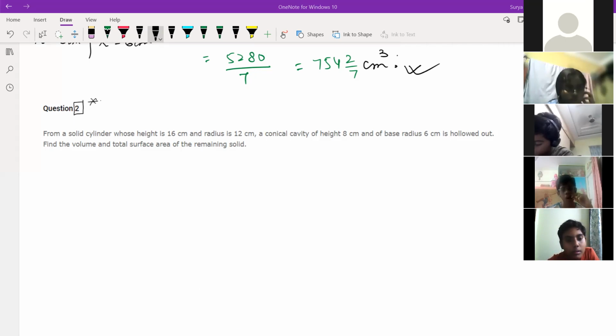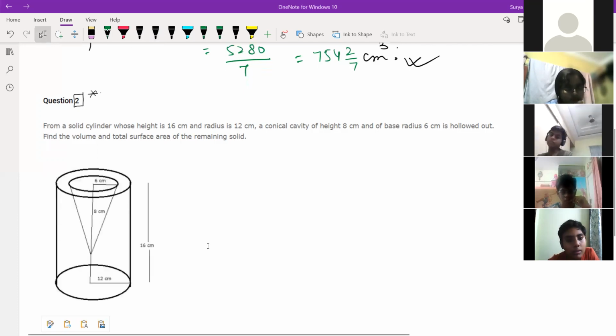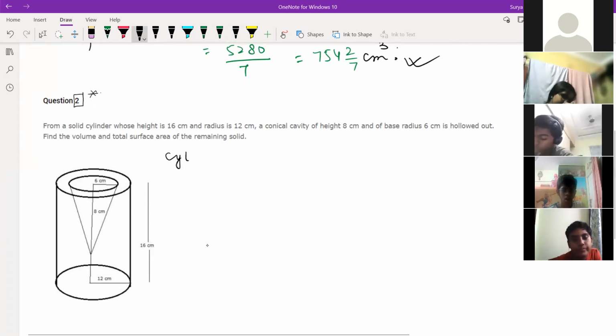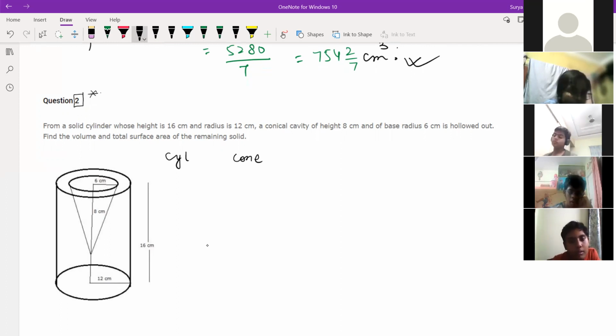So I'm just pasting the diagram over here, how it looks like, the cylinder part. Okay. So all of you just try to see the cylinder. This is your cylinder and your cone. This is going to be taken out from this, right? So what I'll write here, once I write cylinder and then cone, because we have to write volume and total surface area. So first, children, here you can't take common as the radius and height are different. So you can't take common simply.